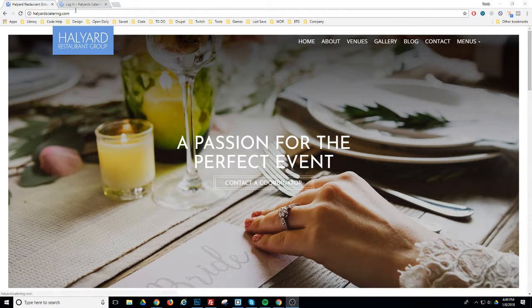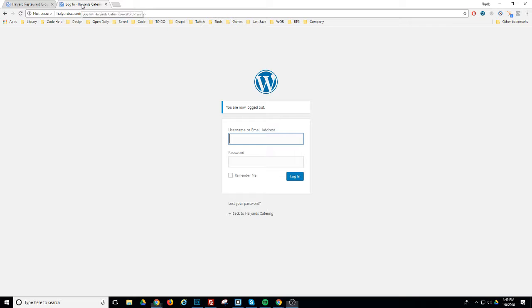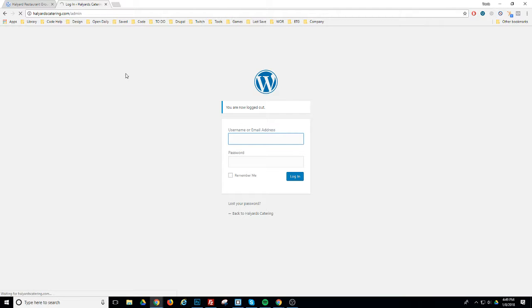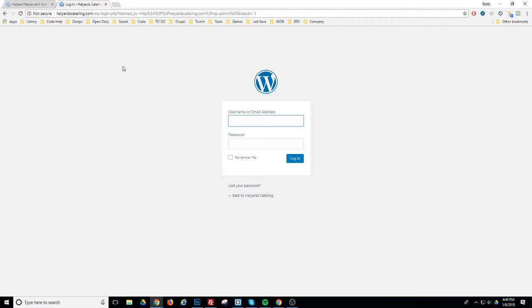So the first thing that you want to do, in order to log into the backend, is go to your domain with a / and type admin, and that will take you to the login page where you can type in your username and password. And if you currently don't have one, we can certainly provide one for you and get it all set up. So once you're logged in,